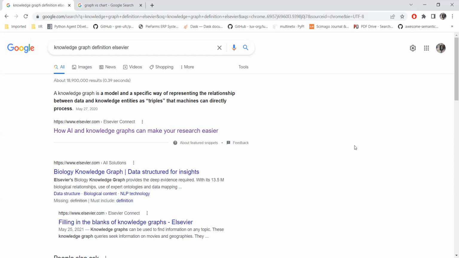A property graph has nodes representing real world entities and edges representing relationships. Within a knowledge graph, these entities and relationships, the whole stuff, are represented with the help of triples. And I would like to use